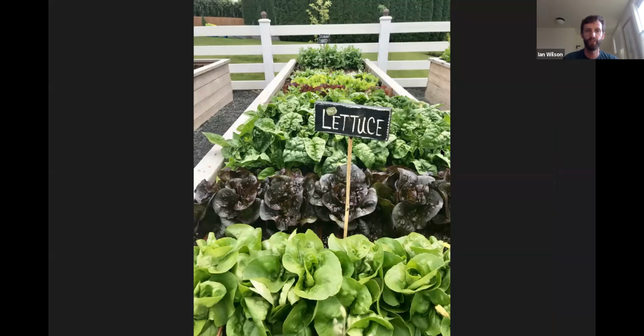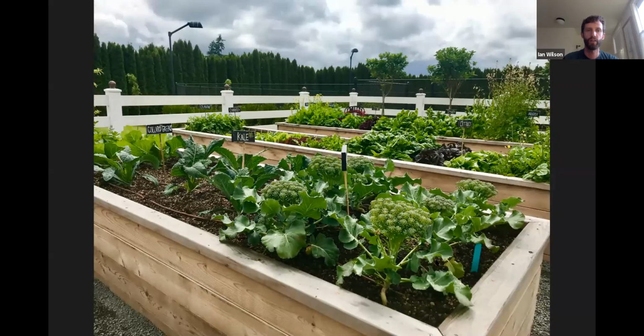So here's more of the same: lettuce, spinach, lettuce for days, some cilantro down there, broccoli, kale, collard greens. These are wonderful things for the spring too. The broccoli and things like broccoli and cauliflower in particular. These broccolis, a trained eye will see that these broccolis are just past their prime, the way they're starting to kind of open up. We like to catch broccoli when it's really in a tight head, and broccoli can be